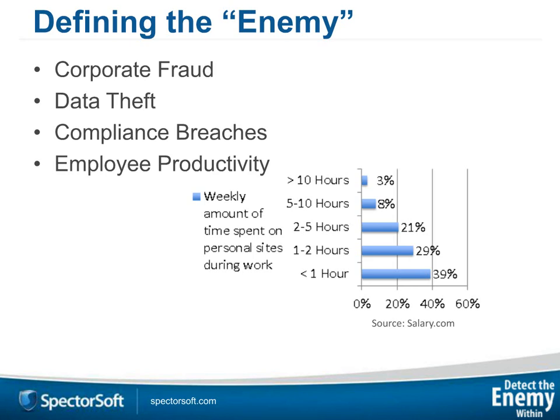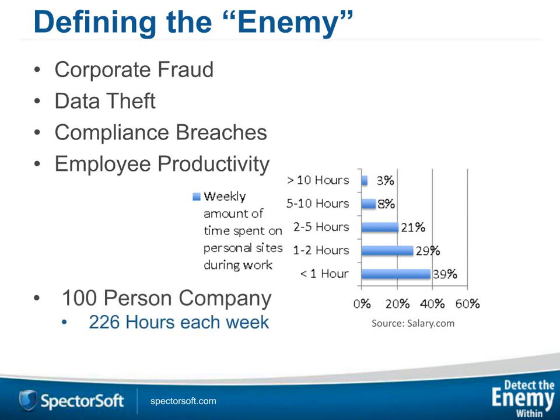And just for full disclosure, since I have ranges of times there on the left-hand side of the chart, I averaged them out. So less than an hour, which is 0 minutes to an hour, I made it half an hour in my calculation. For 1 to 2 hours, I made it 1.5 hours, and so on, with the exception being greater than 10 hours, I just left that at 10 hours. So that way you can see where my numbers are. If I apply that average of those time frames to those percentages in the graph, it would generate for a 100-person company 226 hours of wasted time in a week.